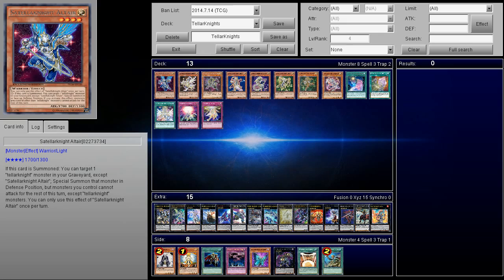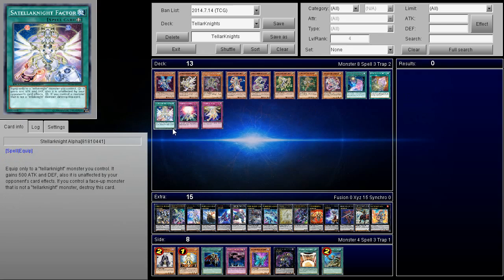Like if you're playing Gladiator Beasts and you got your Kaiser Colosseums, you got your War Chariot, you have other cards that just require you to have a Gladiator Beast on board, you won't be able to really make use of them if they, let's say, Torrential Tribute. They basically stop your summon. They Solemn Warning you. That one Solemn Warning sometimes can make a huge difference because literally, you can't make any moves because all your cards require the Satellar Knights on board in order to